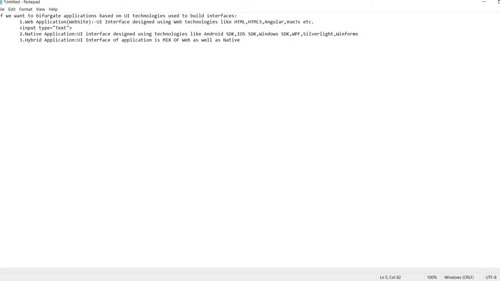If you see any given form of your application, if a few of the controls you interact with on that form are designed using native